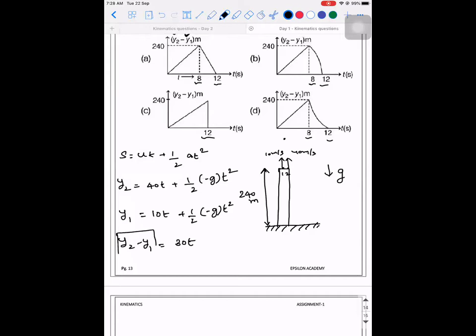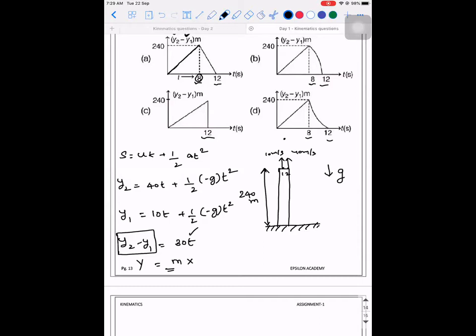So we need a graph between y2 minus y1 and t. So y2 minus y1 is the y-axis, t is the x-axis. So what does this represent? It represents a straight line passing through the origin. That is why, if you observe, in every graph they have been very careful not to eliminate that. You're able to see a straight line passing through the origin at least till a certain point. So in the first graph, it's a line passing through the origin and it has come to this value. Are you able to understand this term?